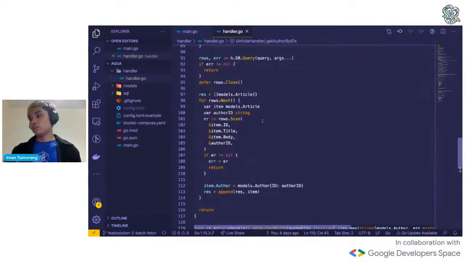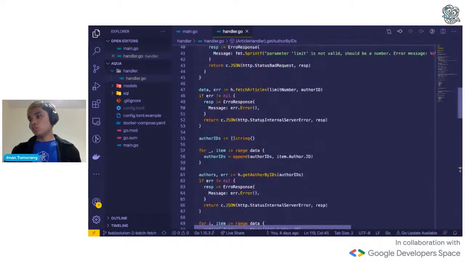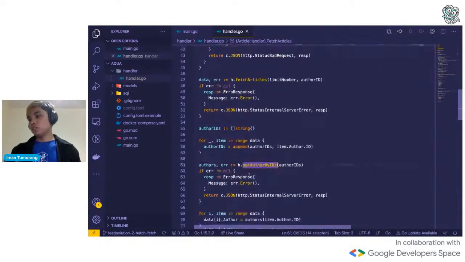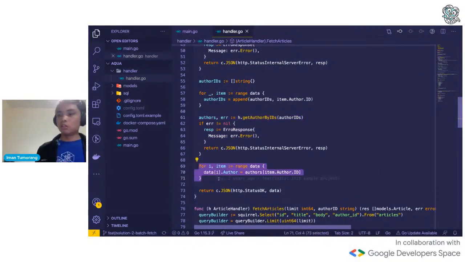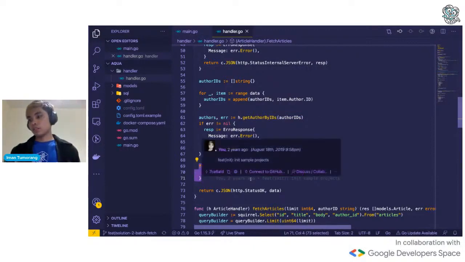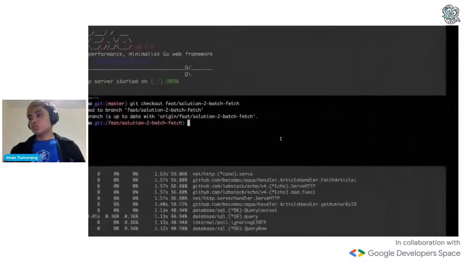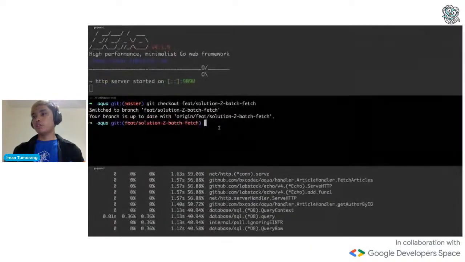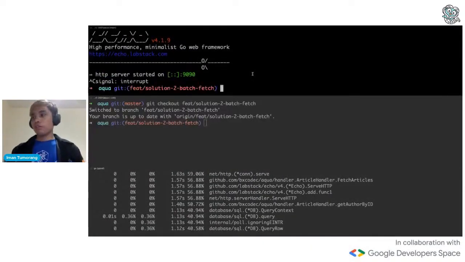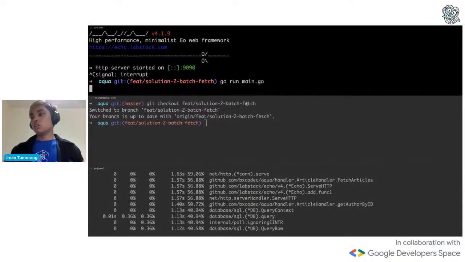And then that function will be called here, and I map the author to its article. The interesting part is that this solution is quite a bit faster, maybe even faster than the previous result.